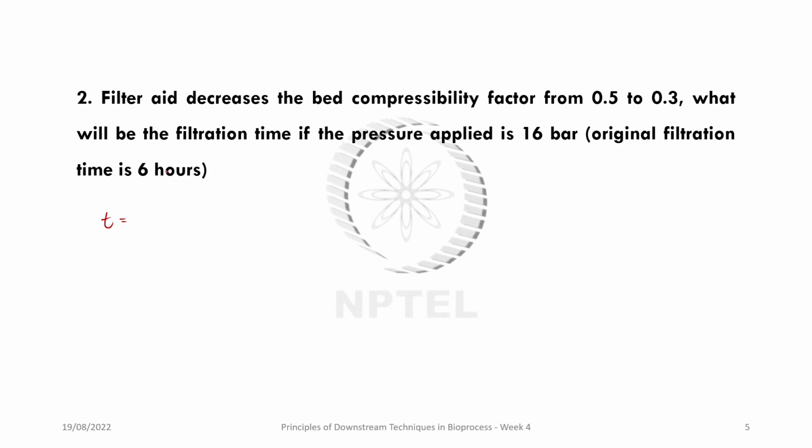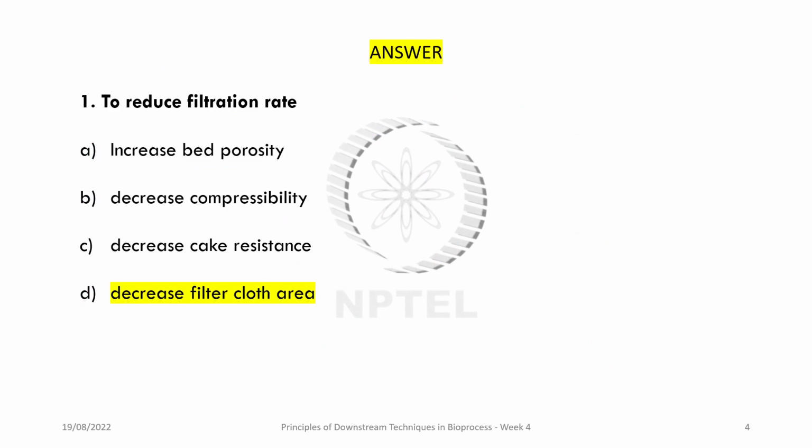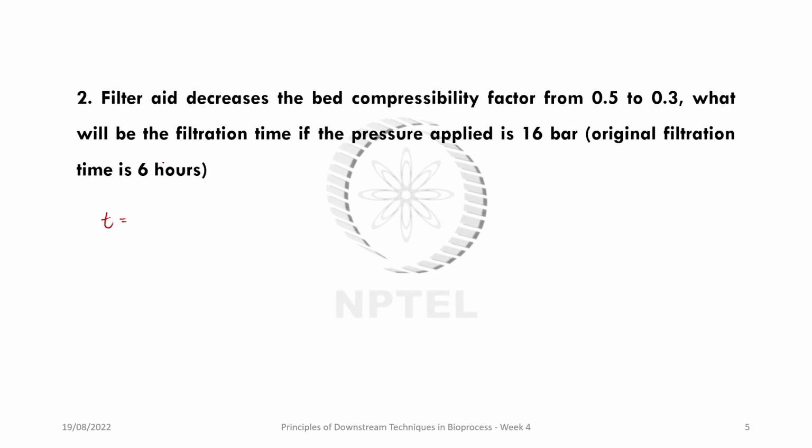So filtration time again is T equals V square mu SC rho naught, whole divided by 2A square delta P. So I'm going to separate the variables here because the knowns are: the compressibility factor is given, SC is given, delta P is given, and the original time in hours is given. Right, so I'm going to separate the variables in such a way that